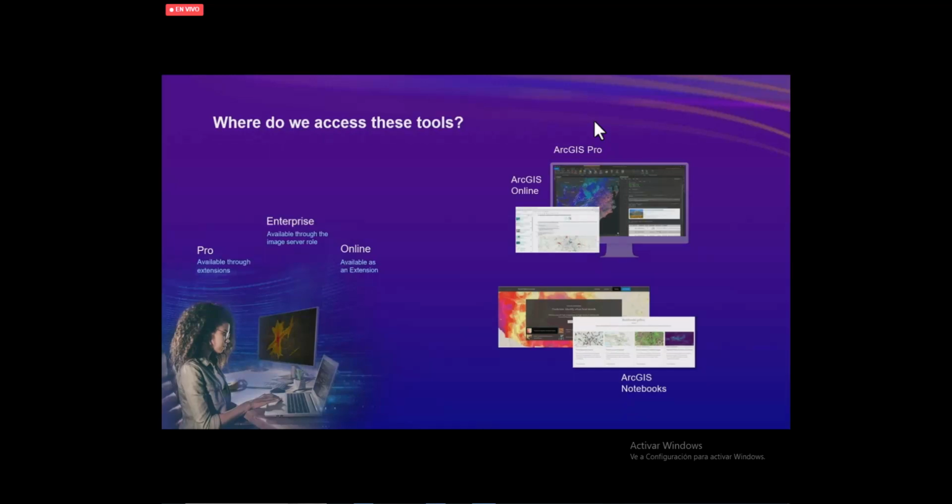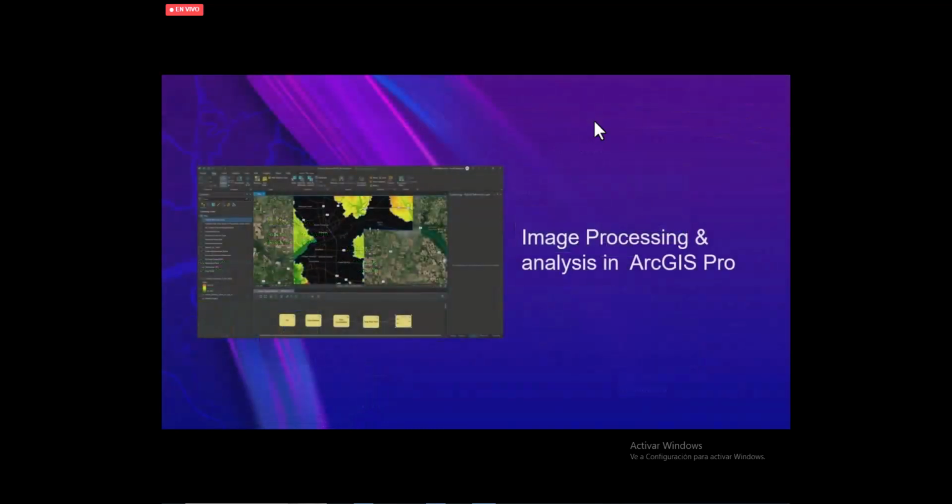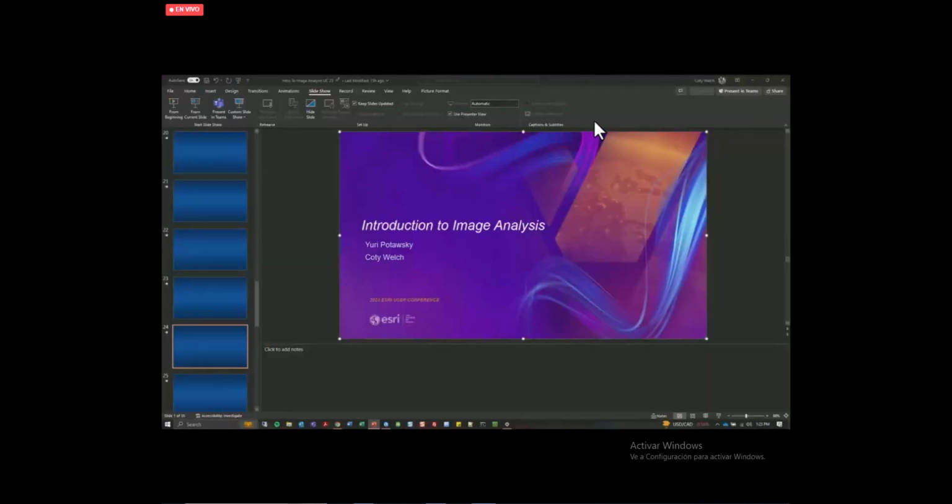And you can also leverage this through ArcGIS Enterprise using ArcGIS Enterprise with Image Server to allow yourself to share those on your on-premises deployments if you need to leverage image analysis at scale and take that server-side processing with it. And as we'll see later, we can also start to automate and use the notebooks and APIs to really do this at scale. So let's take a first step and look at what image analysis in ArcGIS Pro looks like. So I'm going to stop sharing here and bring up